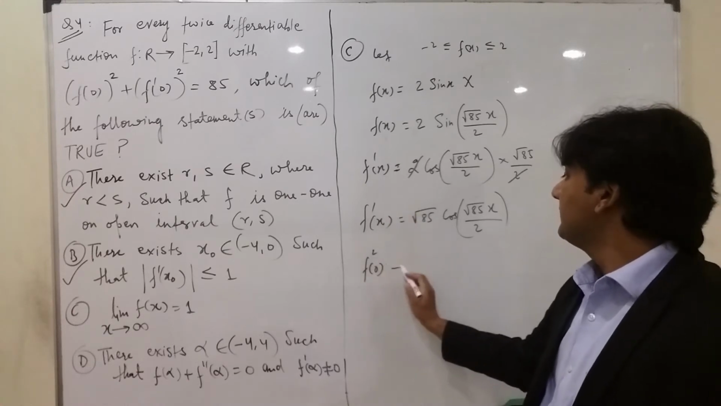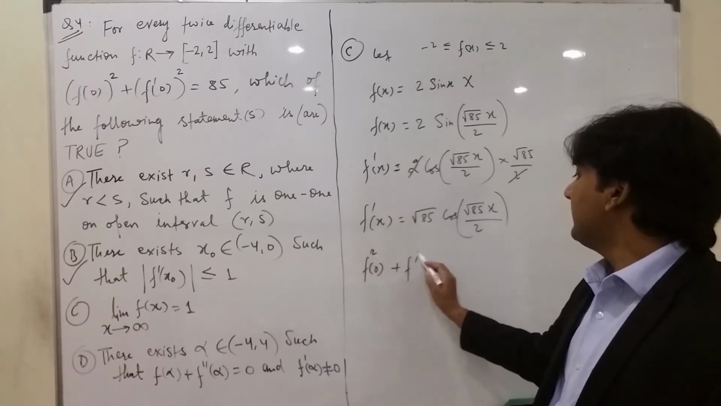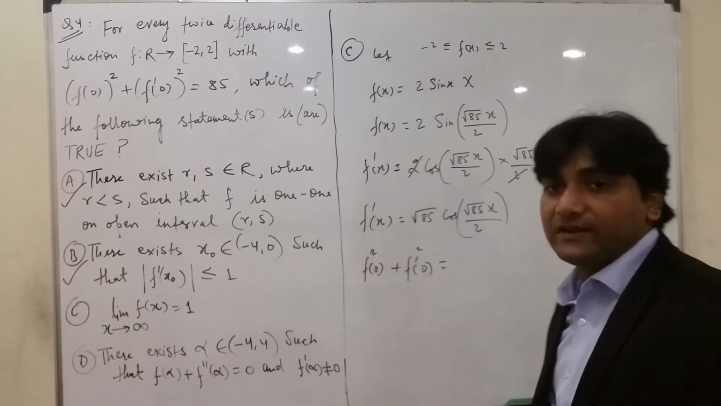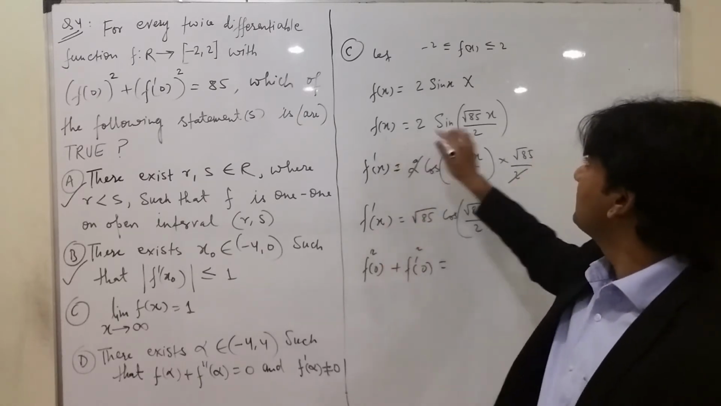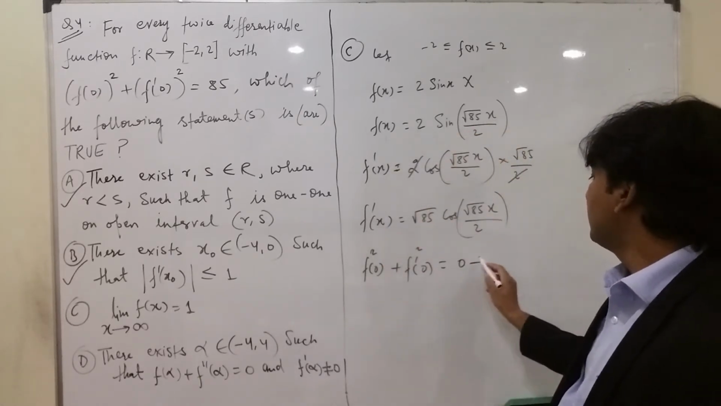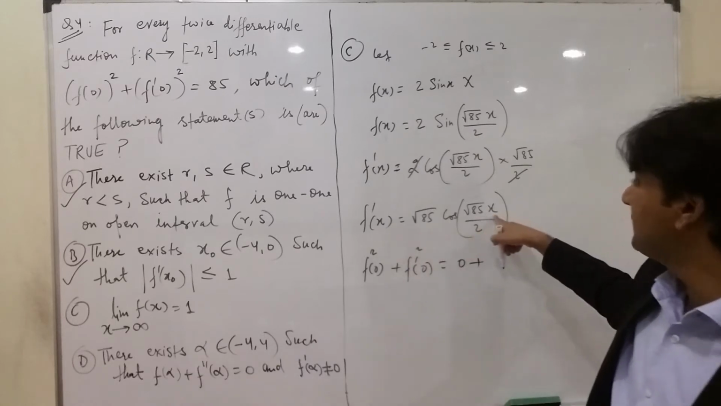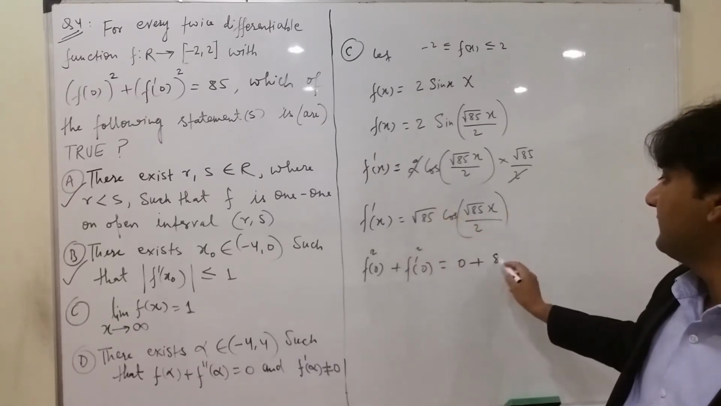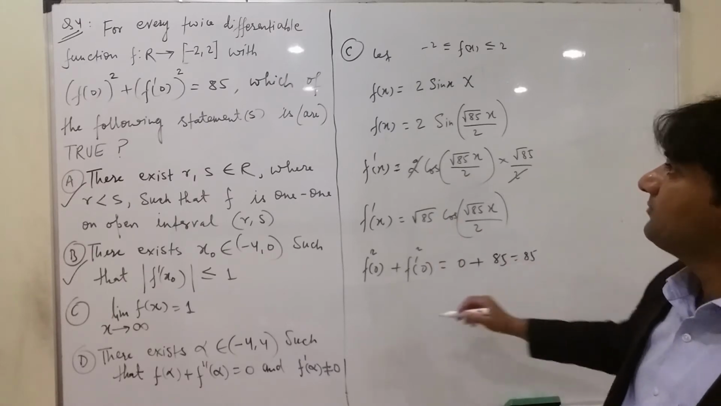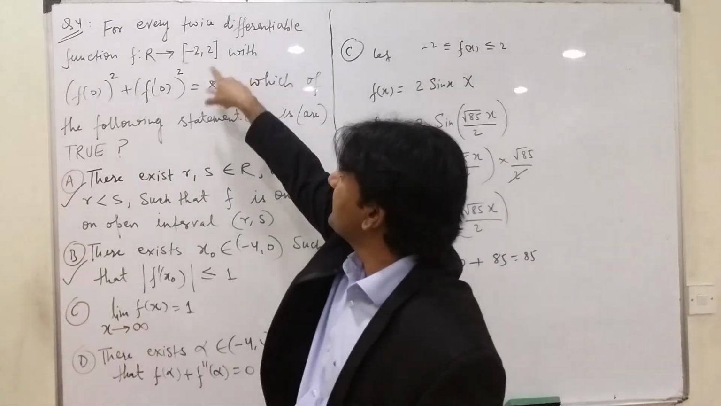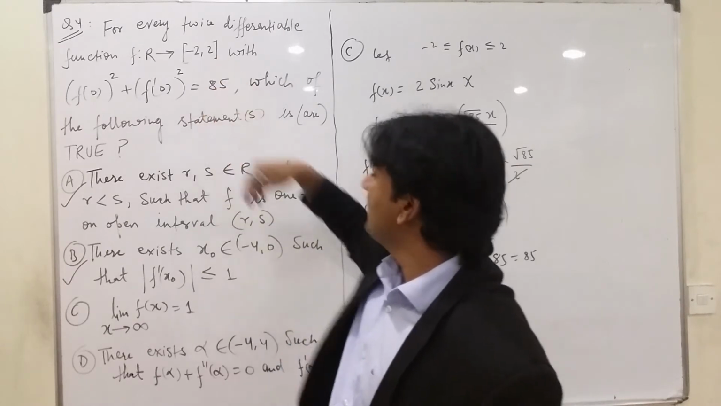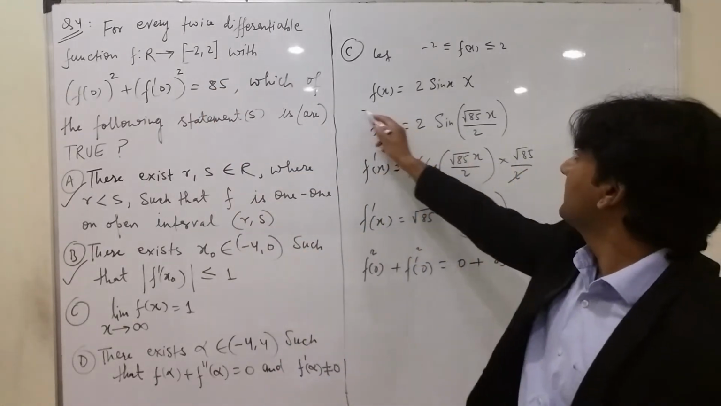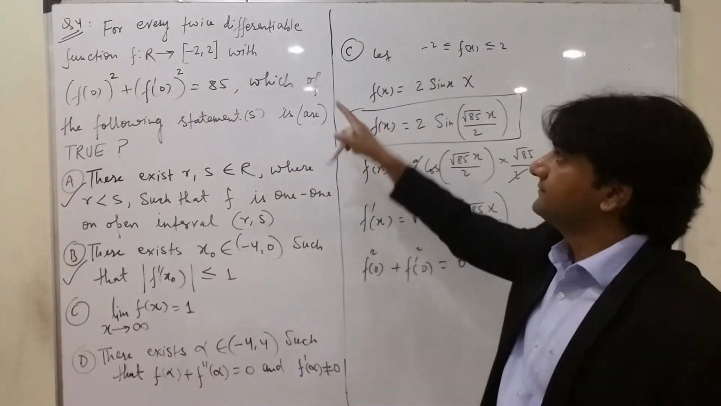Now f(0) whole square plus f'(0) whole square we have to find. So for f(0), x is 0, so this is 0, and for f'(0), this is 0, cos 0 is 1, and √85 whole square is 85. So we got 85. It means this condition is satisfied. So we have selected a valid function. Okay,